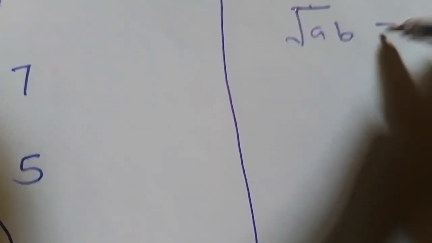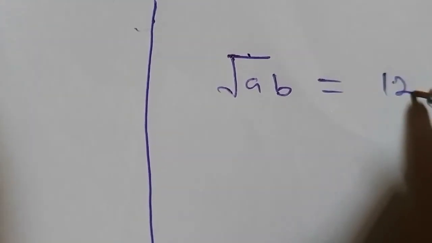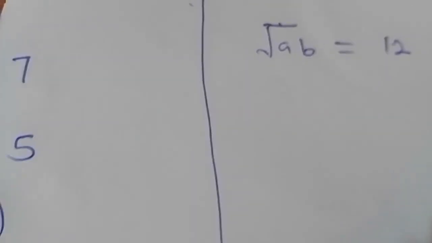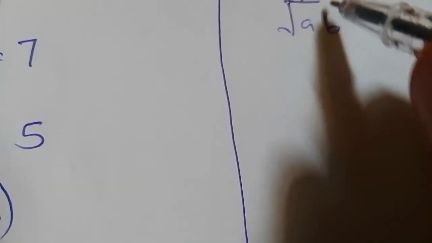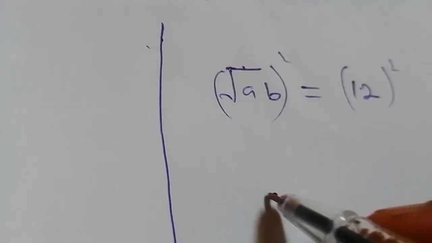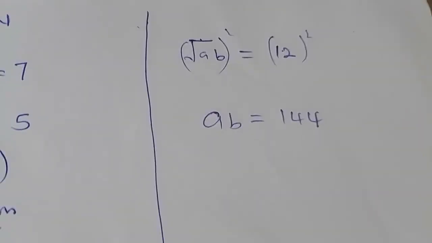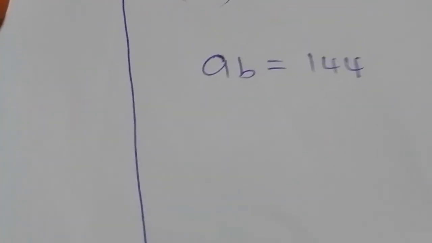Square root of AB will be left with 12. And then if square root of AB is left with 12, I can square this. When I square this and square this, that will give me AB equals 144. So now if I have square root of 144, that means